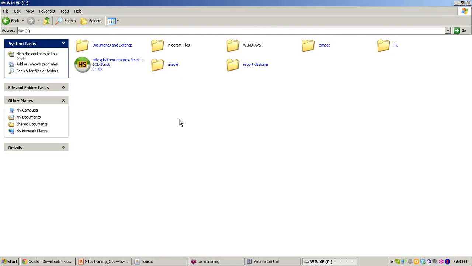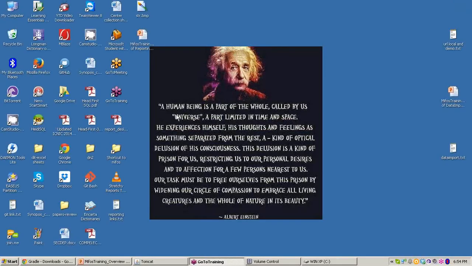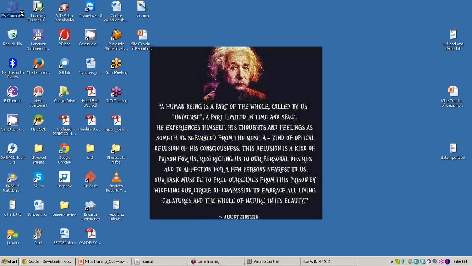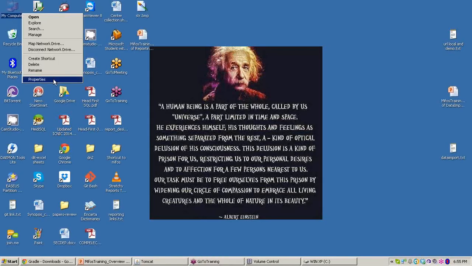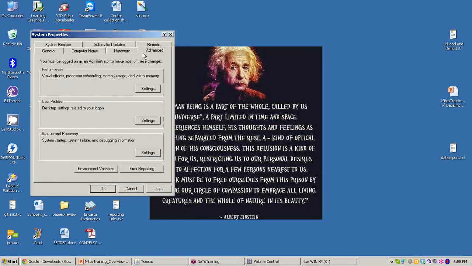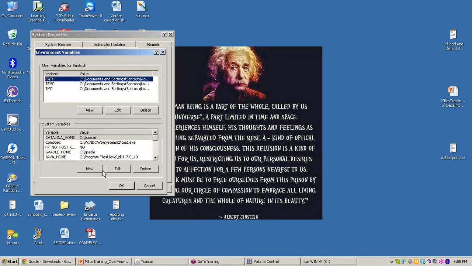The second thing related to Gradle is that you have to set environment variables for it. Setting the environment variable means we are telling the operating system where exactly the Gradle exe file is. Here we go to My Computer, Properties, Advanced and Environment Variables.